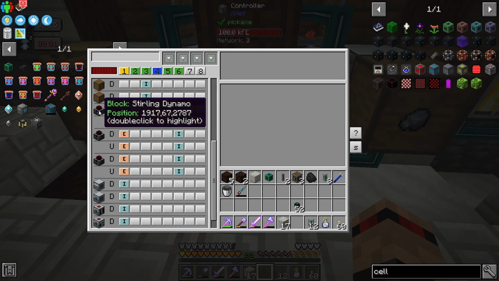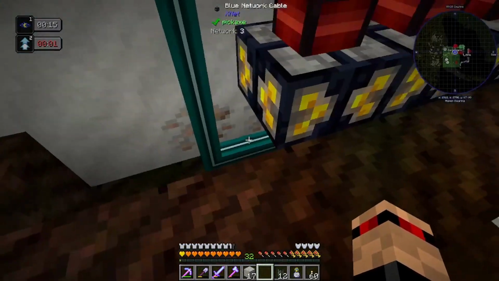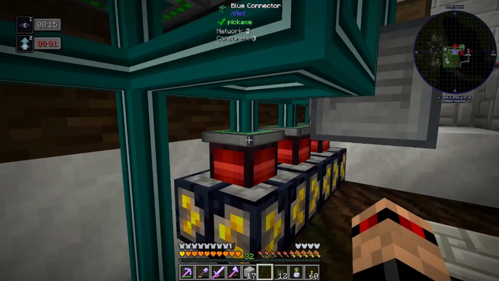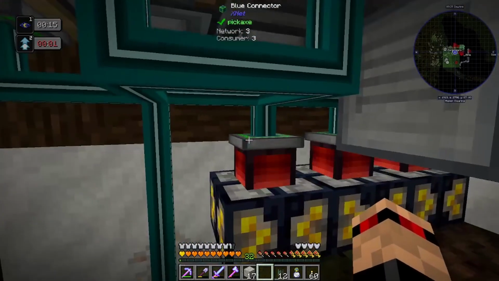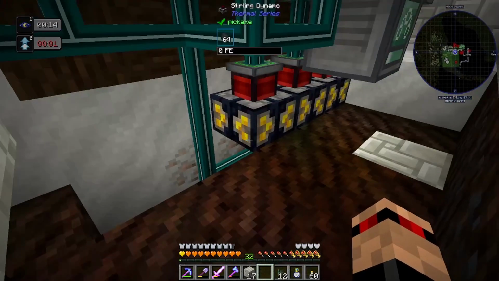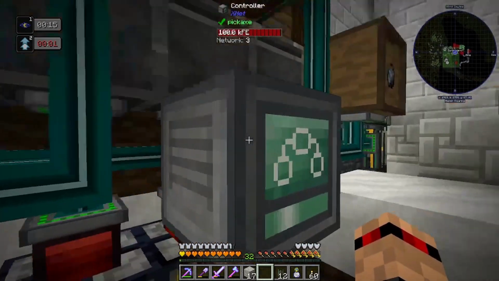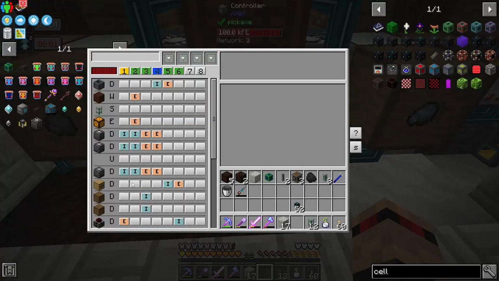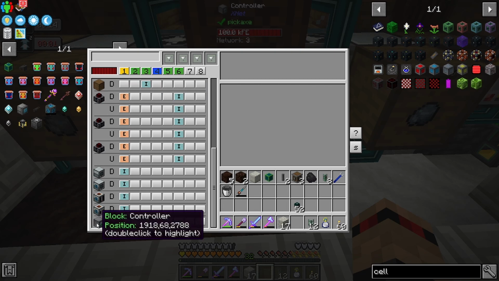Basically, I'm extracting power from the Stirling dynamo. I have 2 connectors on each of these because you can't insert via the front, via this bit here. So I couldn't insert the coal into this. So I've got another connector on the bottom which is inserting into there. And it confuses itself whenever you do that. So I have double for this, which is funny. Anyway, this one extracts all energy and puts it into all of the stuff, including the controller